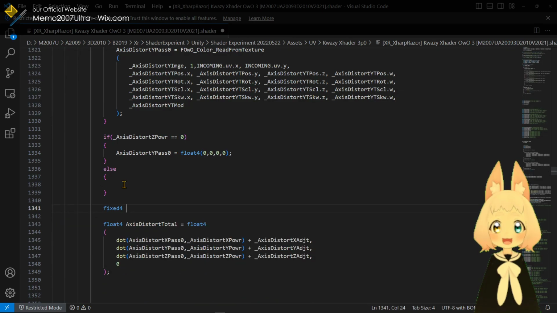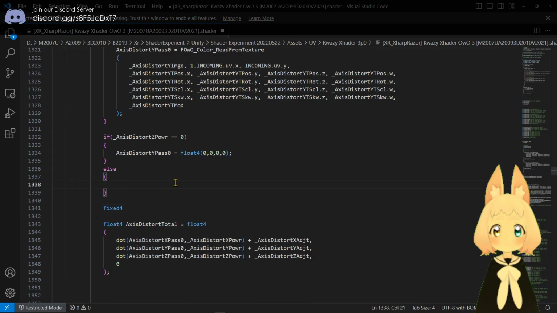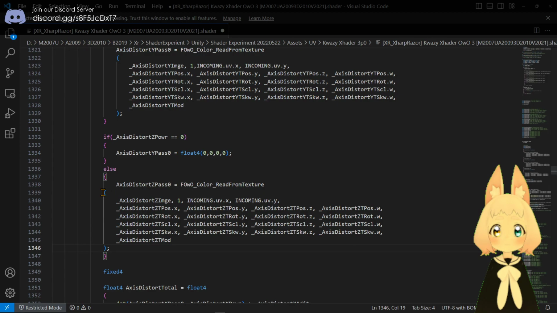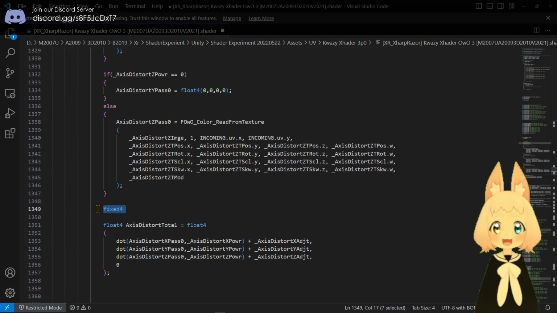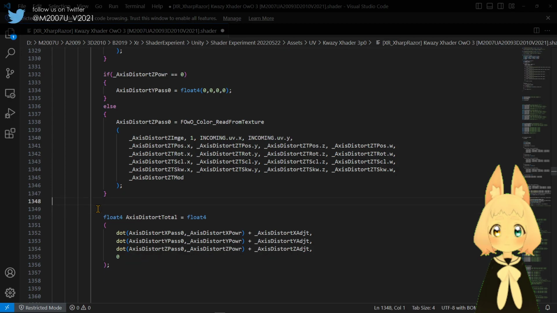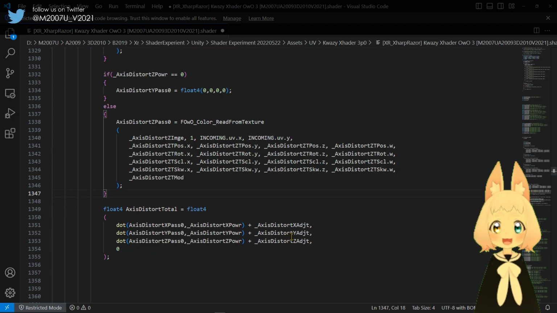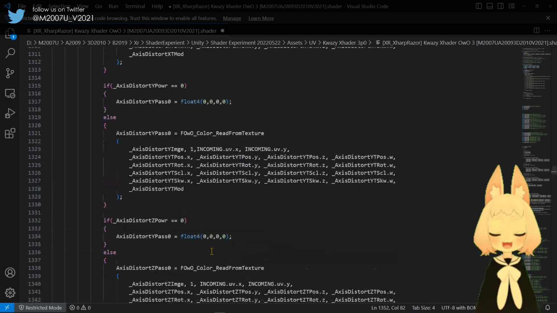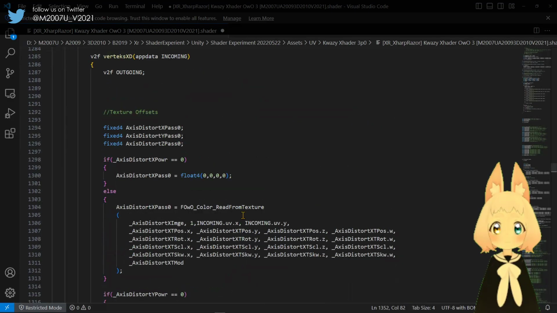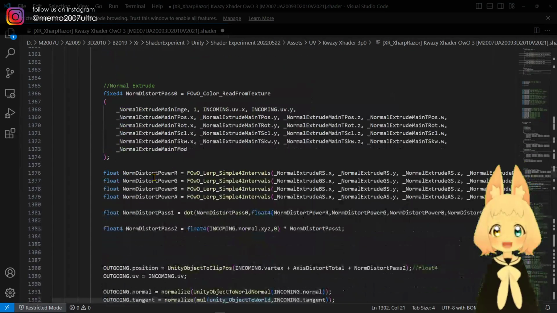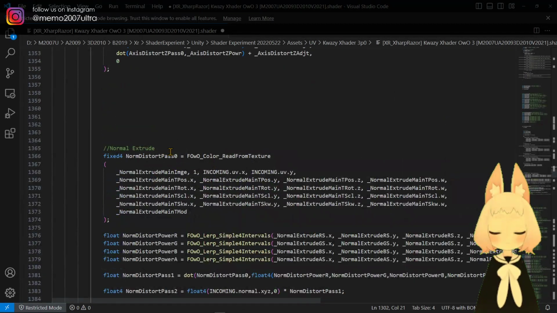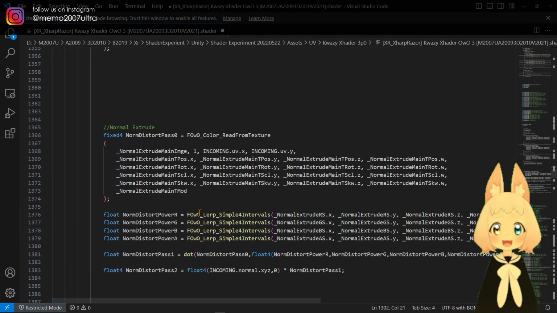So Control X, paste, tab. There we go. And then we don't need this. So we have this. So it should be good. Also, we are going to do the same thing for normal extrude. So for normal extrude,